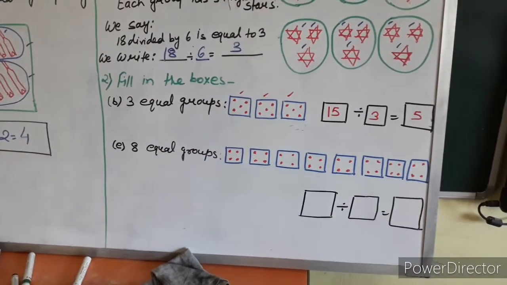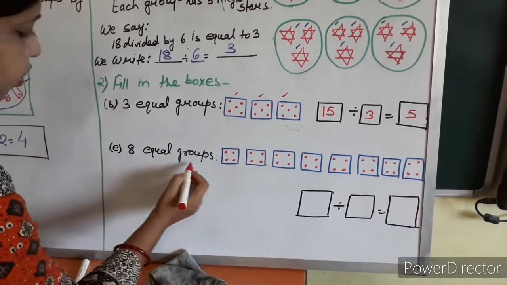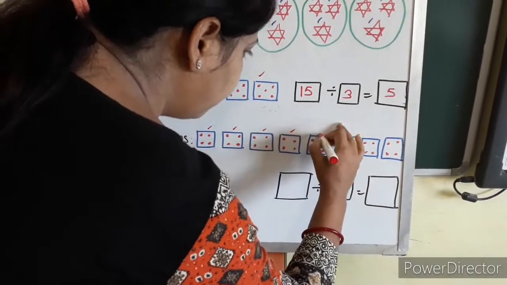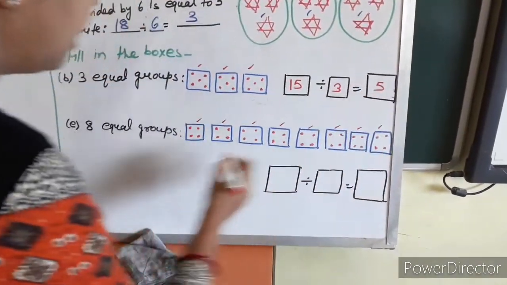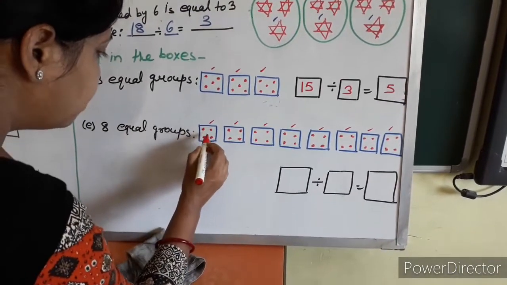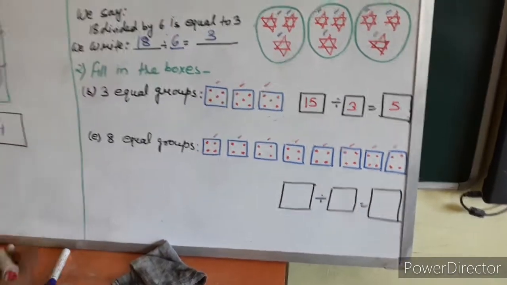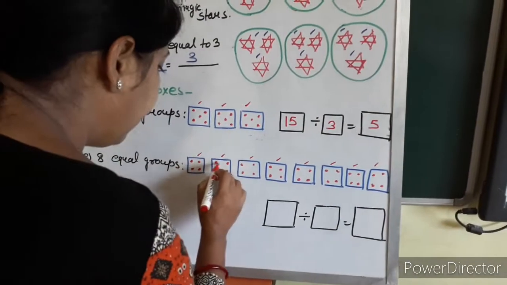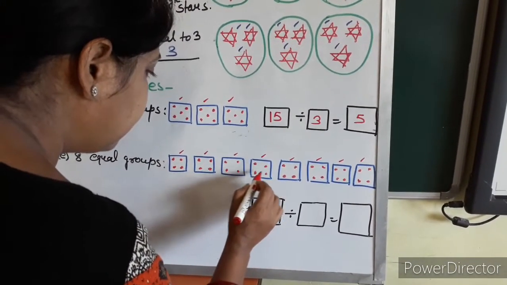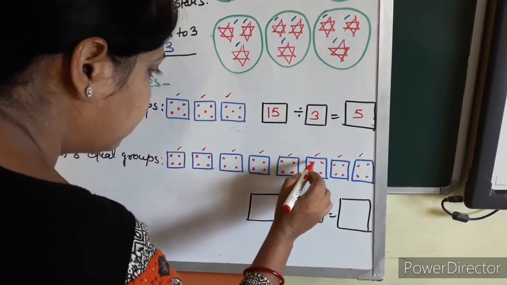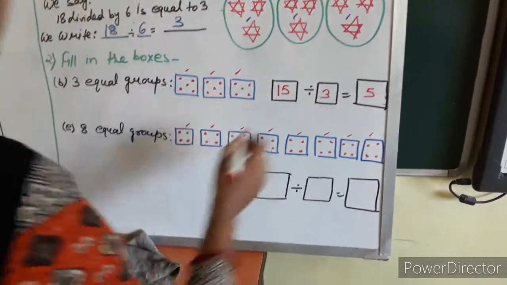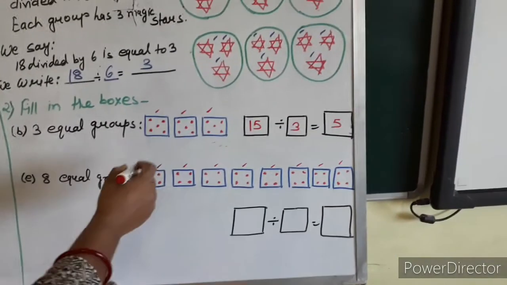Question number E. 8 equal groups. How many groups are there? 1, 2, 3, 4, 5, 6, 7, 8. And in each group, how many dots are there? Let's count the dots, 1, 2, 3, 4, 5, 6, up to 32. So in one group